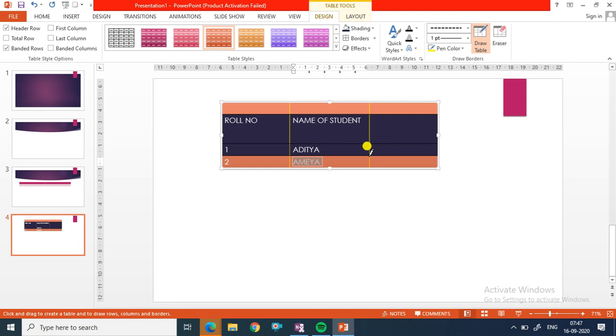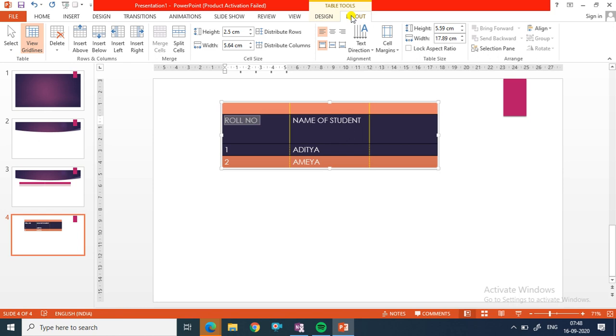Now let us see the alignment of text. Alignment of text means what? We can arrange the position of text inside a cell. Now here I want to set the position of this text in center. So click on center.